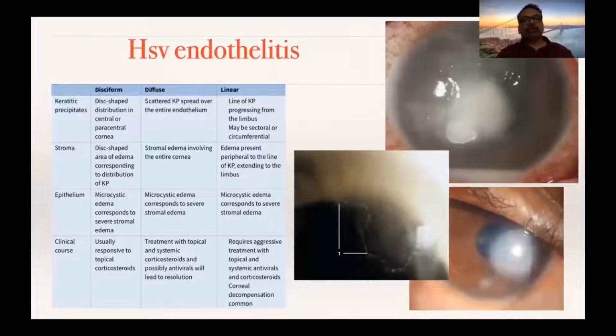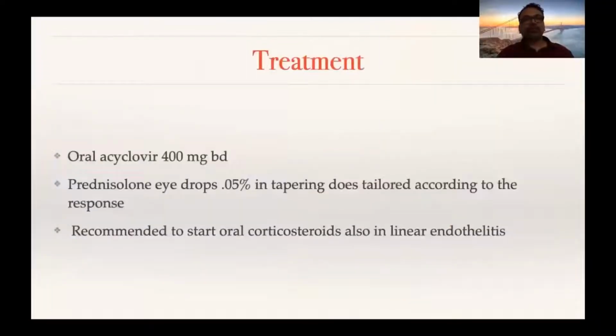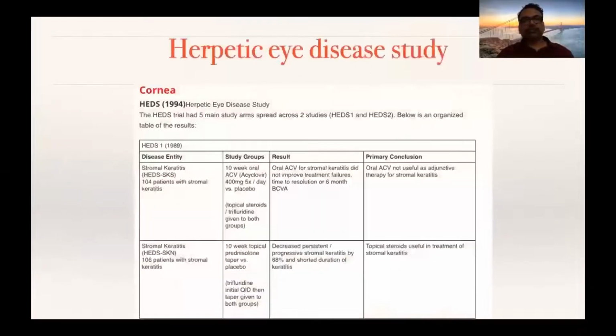This is actually the most aggressive type among the 3, which requires aggressive treatment with topical and systemic antivirals and corticosteroids. In such cases, the possibility of corneal decompensation is more than the other 2. The treatment is oral acyclovir 400 mg BD, and as I explained earlier,